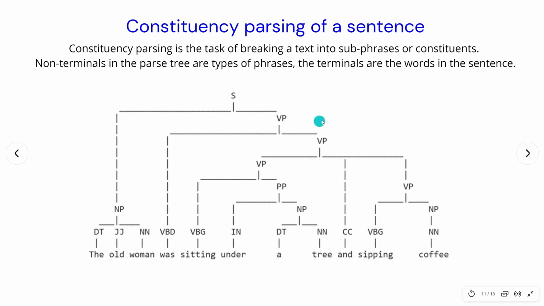So you can split however you want. If you split at the first verb phrase, you get only the old woman, or if you split it at the ending verb phrase, then you get the old woman was sitting under a tree. And so you can give either of these, the old woman or the full sentence up until and, to the text generation algorithm, that is OpenAI GPT-2, and let it fill in the remaining.